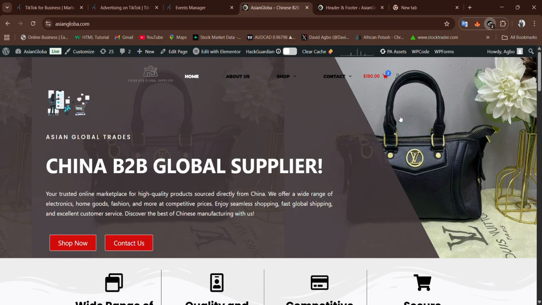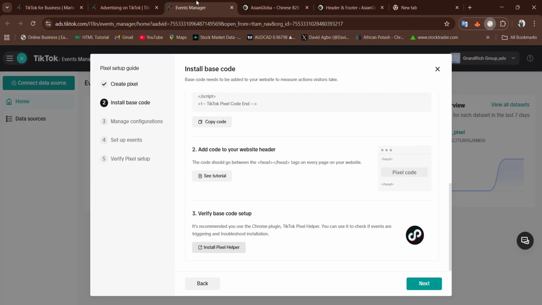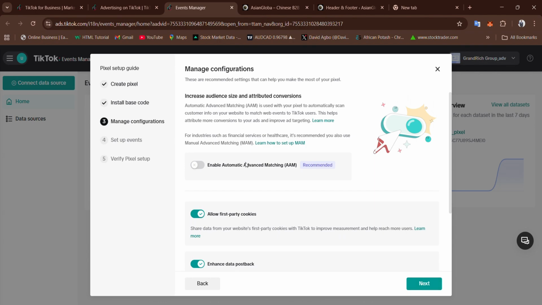And if it is still not showing, that is when you have to reach out to TikTok support for additional help. So once that is done, come back to your event manager, then click on next. Once you click on next, you see the list of options here. So this option rather